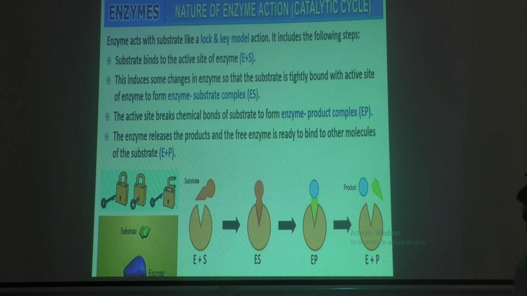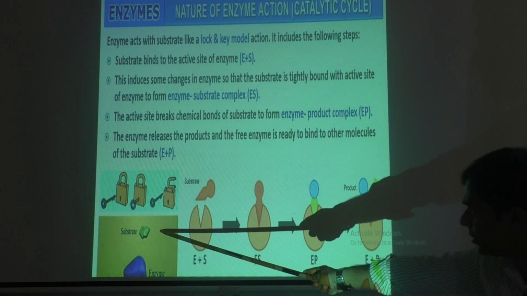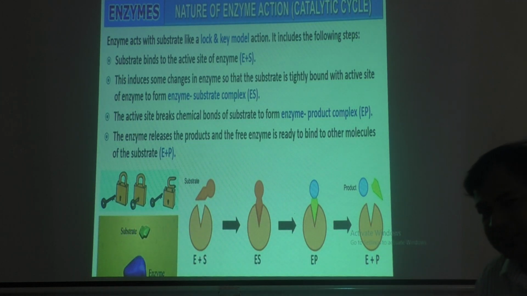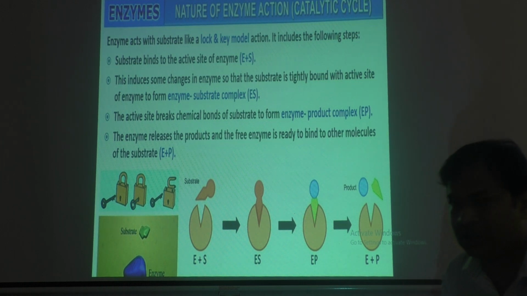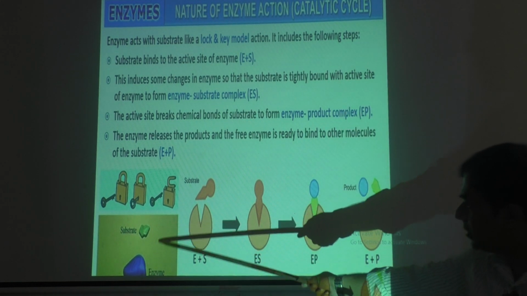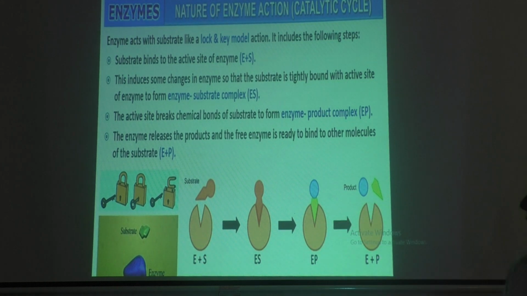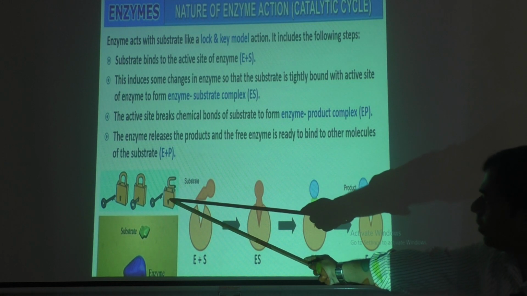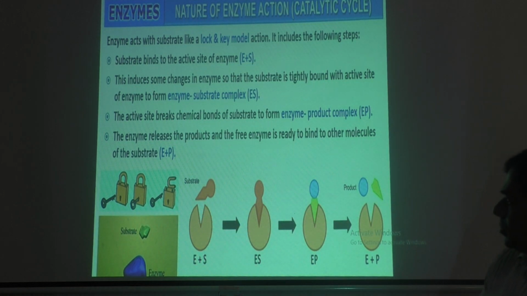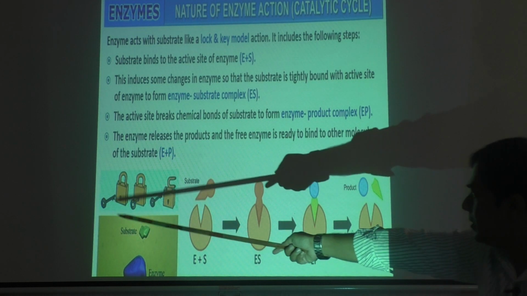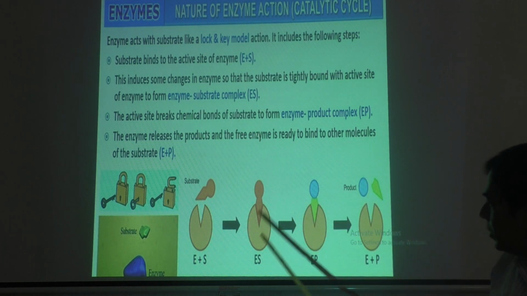You see there they have given, this is suppose substrate, that is why I am using PPT. You can see the pictures very well. If I explain on the board, you may understand, but you don't get the clear imagination. So this is a substrate and this is an enzyme. Or else you can see the key is an enzyme and lock is a substrate. The key will have an active site for binding with the substrate, then the lock opens. That is what they are showing.